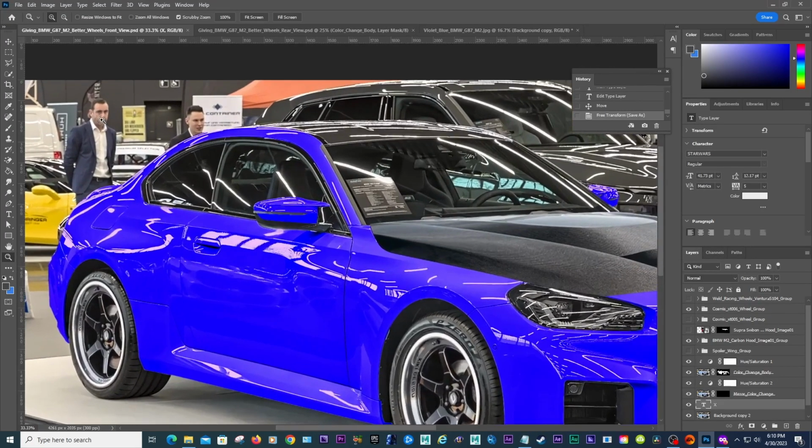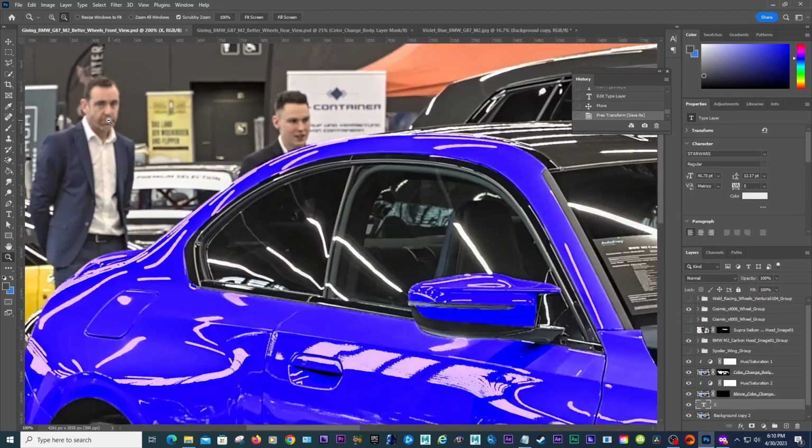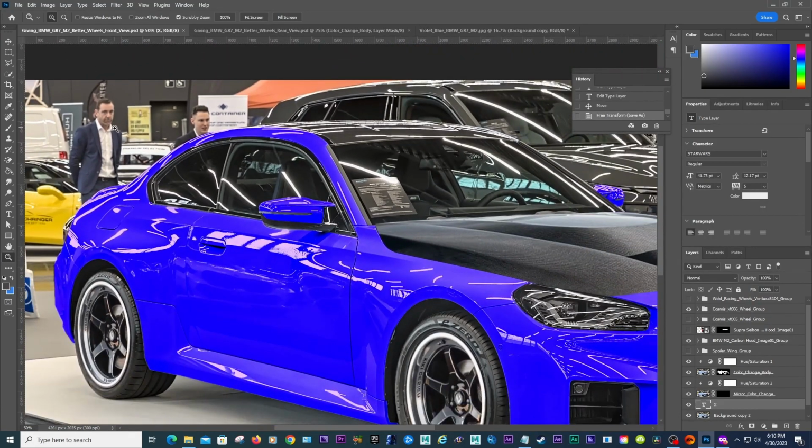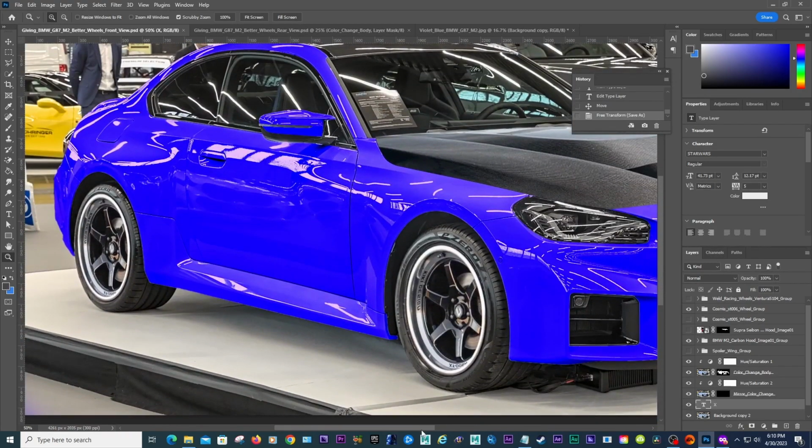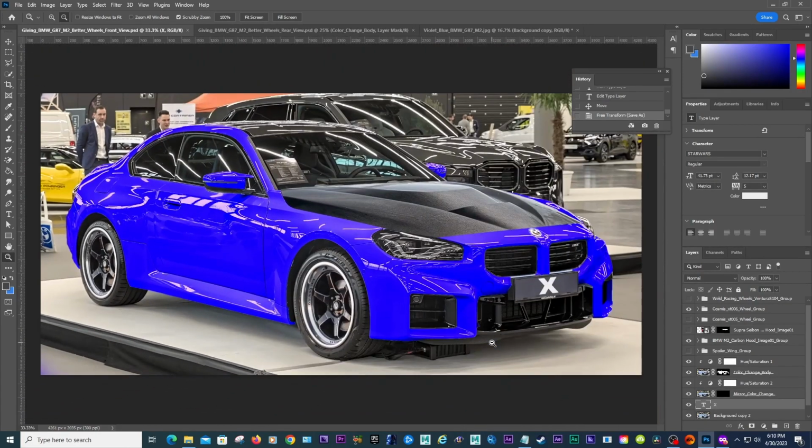Another thing I don't like is this guy looking at the camera. So hold on really quick. Let me go get my images. Well, before I do that,